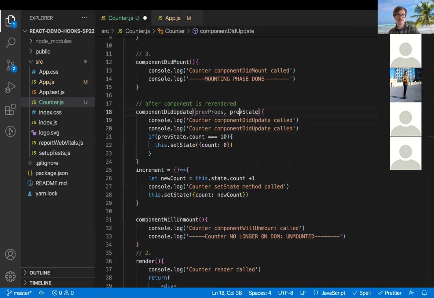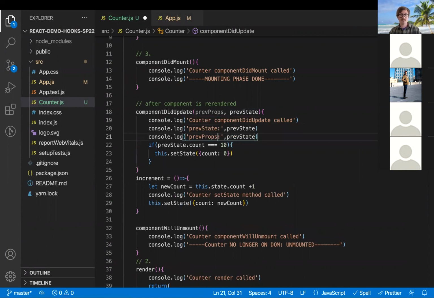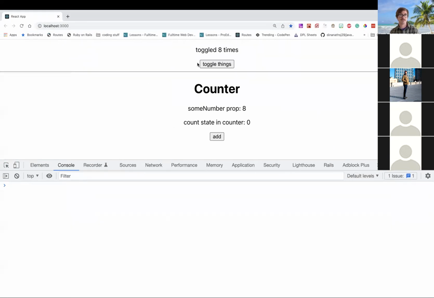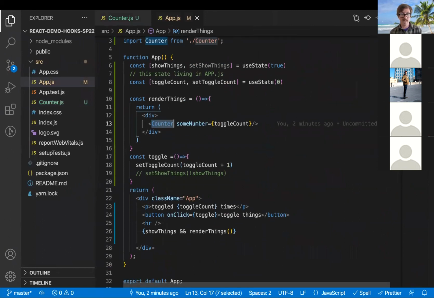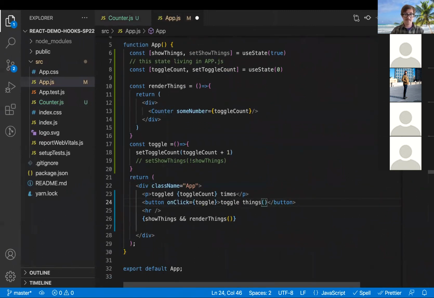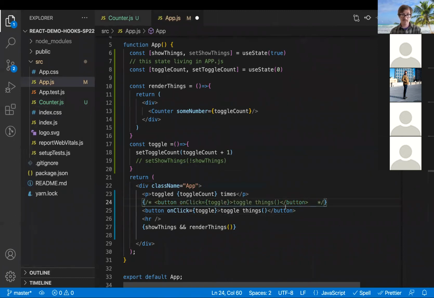And then we could also log in the component did update, do pre-state, previous props. Refresh. So I'm just going to toggle this. See that the some number prop is 9, but previously the value was 8. Count is still 0. So I'm toggling things. And maybe to make this more clear in the UI, I say toggle things. Maybe just so the demo, I'm just going to update. This is really what this is doing, update toggle count